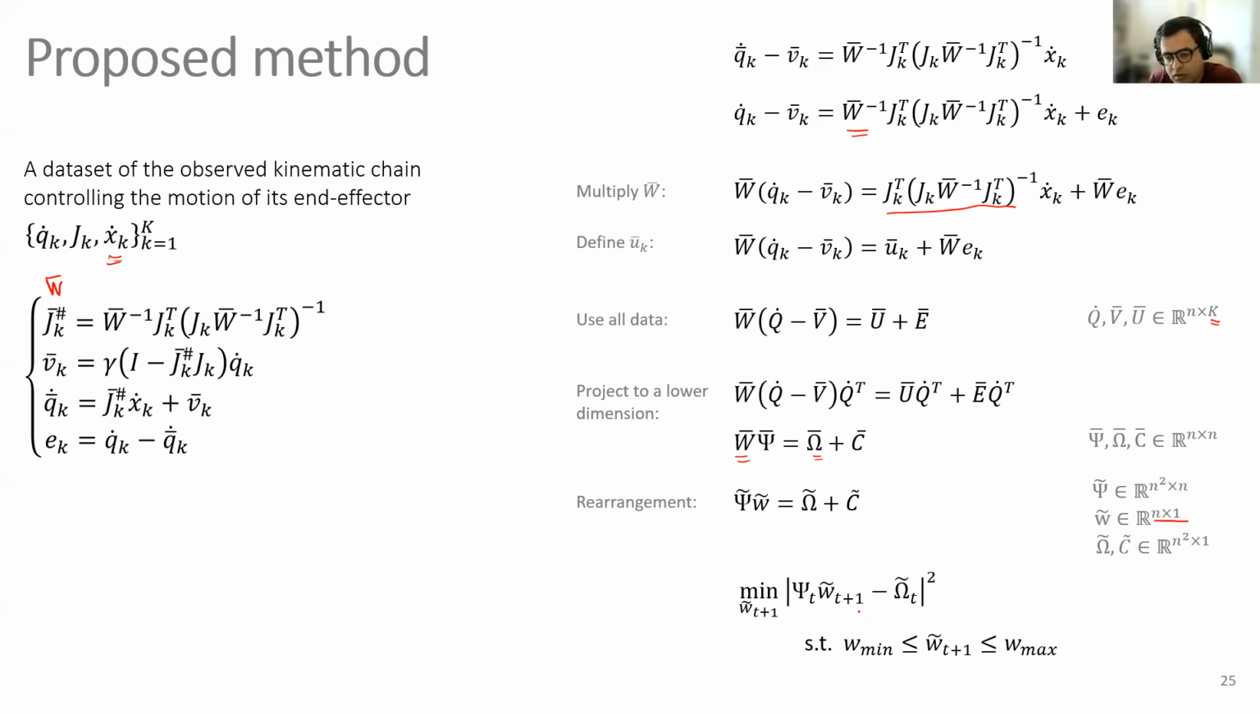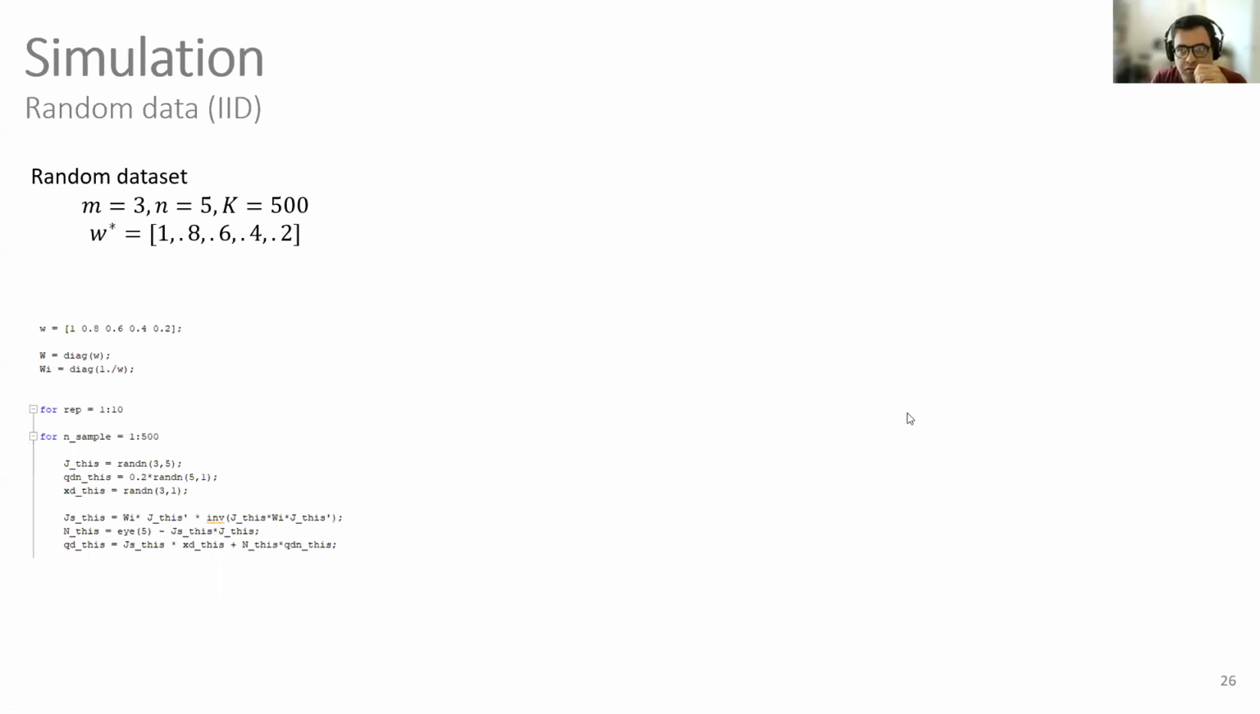So yeah, so I use this. I formulated this problem of identification as a sequential quasi-static quadratic programming problem. So I repeat this process until these W's converge. So yeah, first I'm going to show